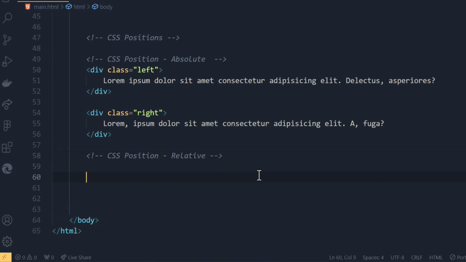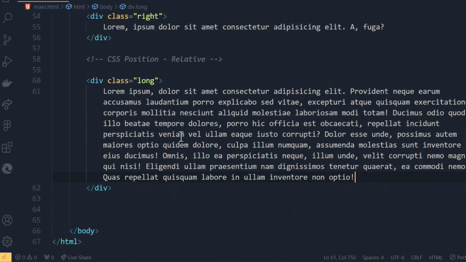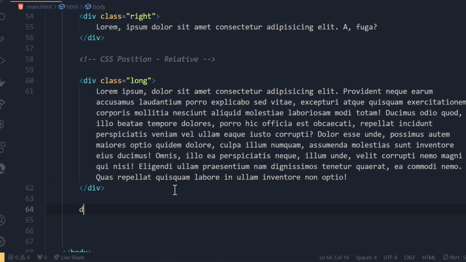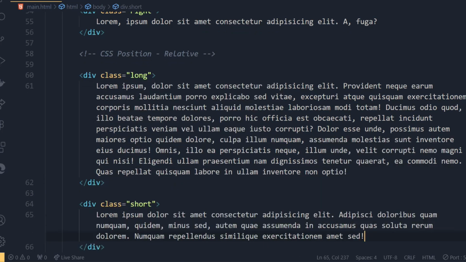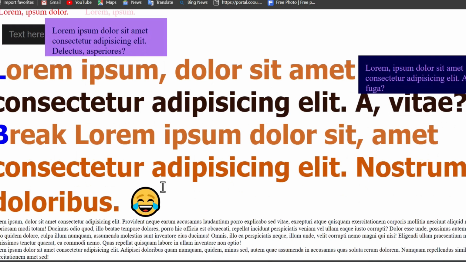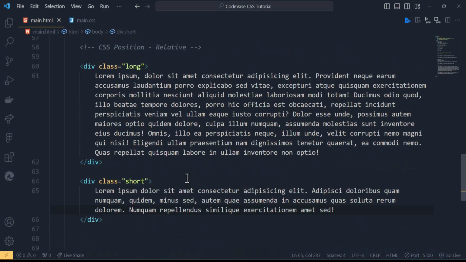So let's give a div. I'm going to call this div long, 100. And we're going to create another div, dot short, 30. Now this is how they're going to appear in our browser. Yeah, this is perfect. So let's target them and style them up in the CSS, and I'll show you how